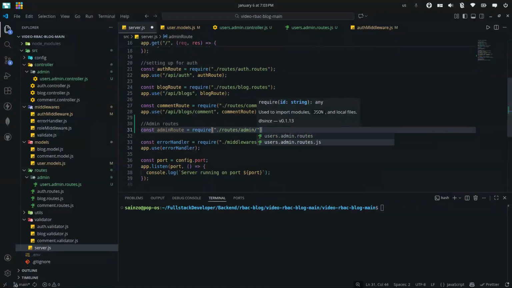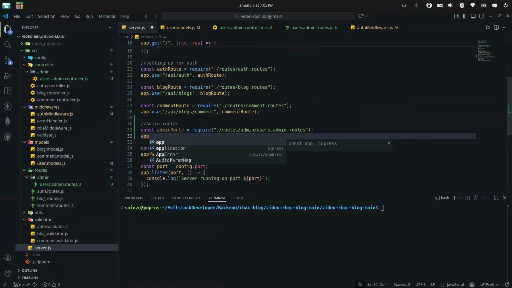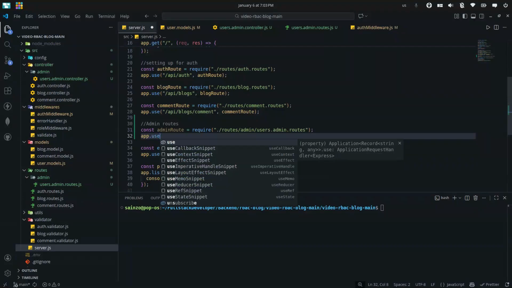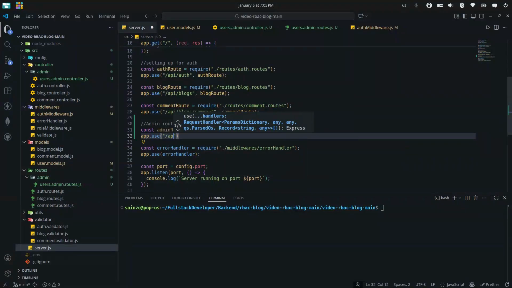And after that, api slash user slash admin, and then only it should be